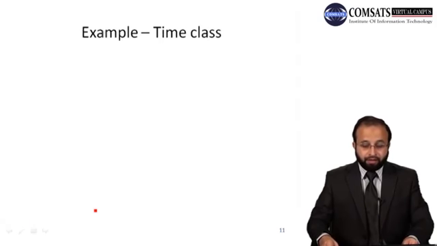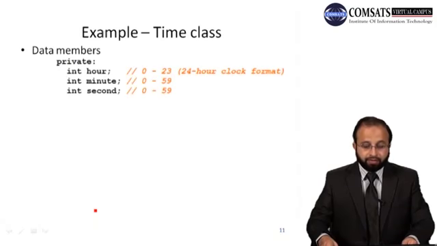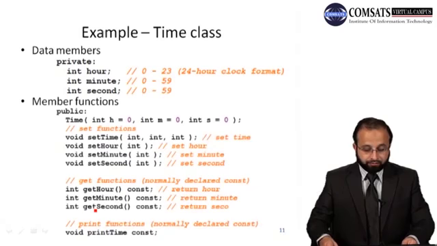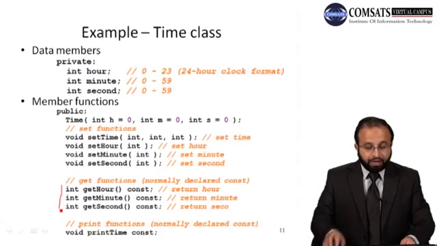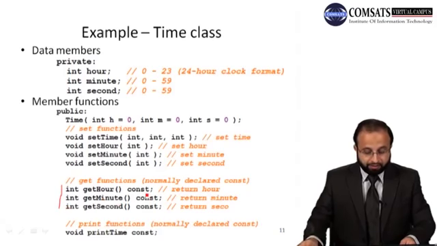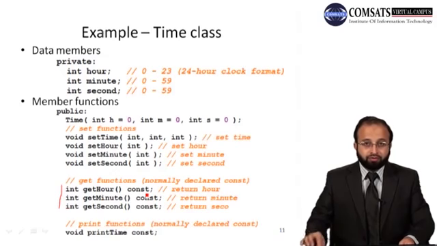Example program, let's see the time class. The data members are hour, minute and seconds, and the member functions are set time, set hours, set minute and set seconds. So these are the setter functions and these are the getter functions, and for the getter functions we make each getter function a constant function, because a getter function should not be able to modify the private data member of that